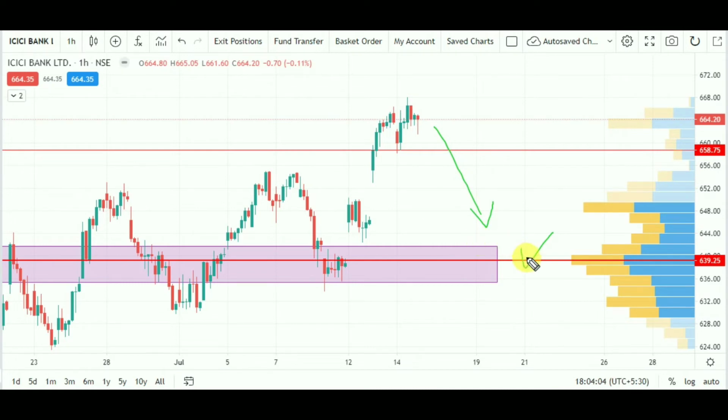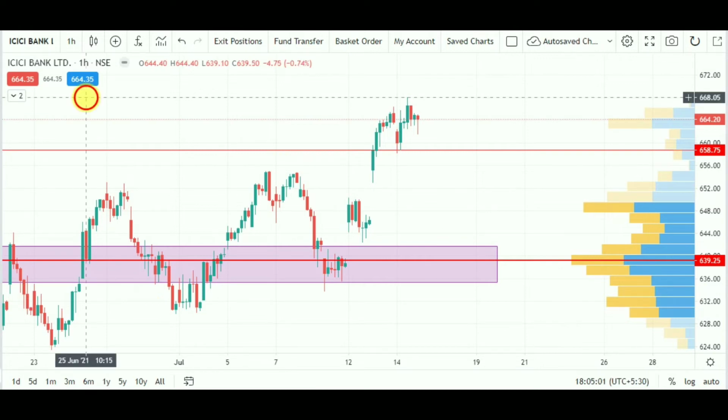Now, here is one suggestion. Rather than focusing exactly on the price point of control, it would be better to focus on the area around the point of control, as shown in the chart. Using the purple rectangle bar, if price holds near this support zone and bounces off it, it could be a good level to enter longs.